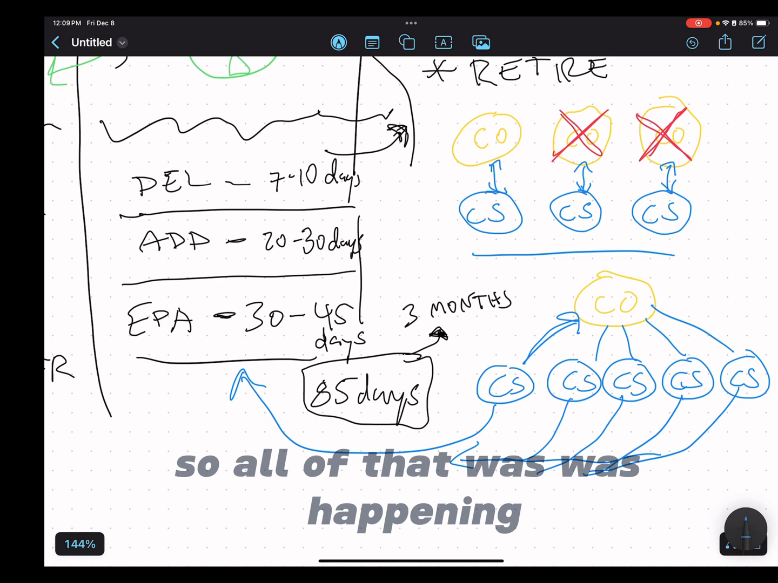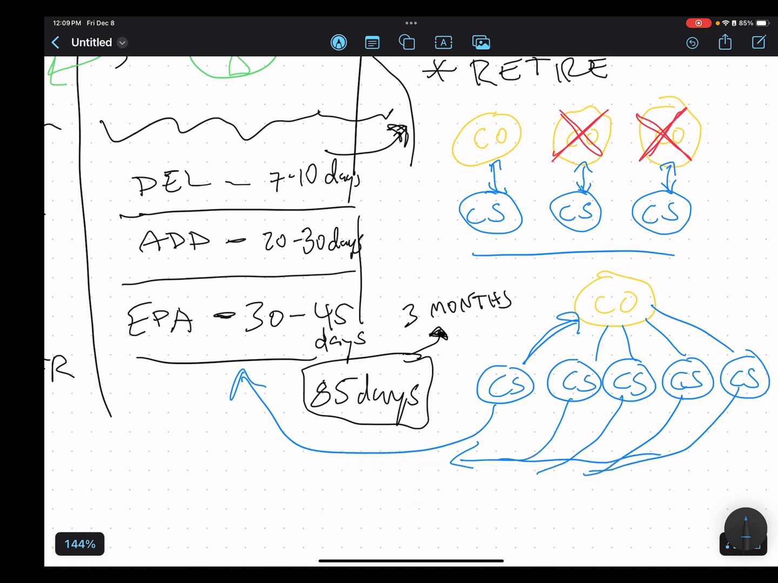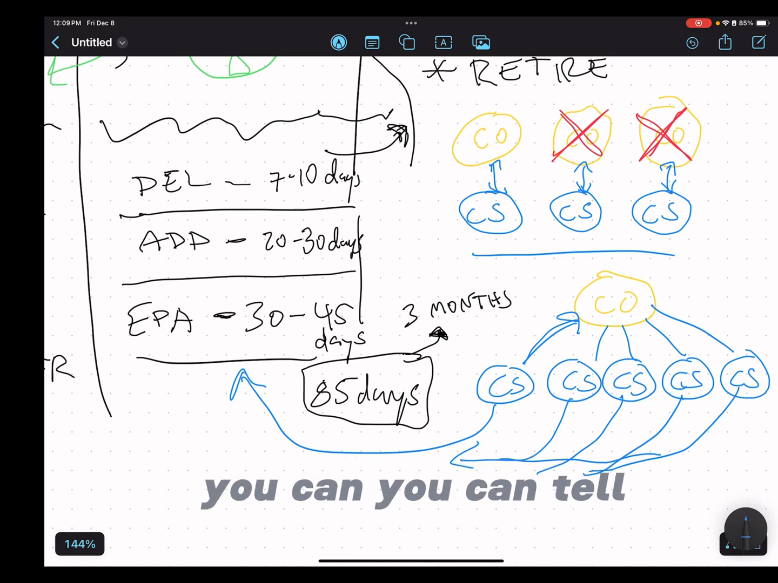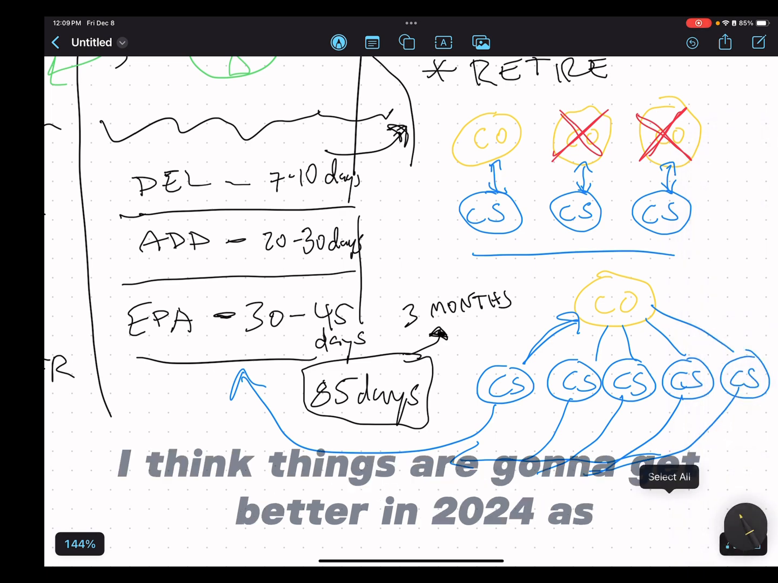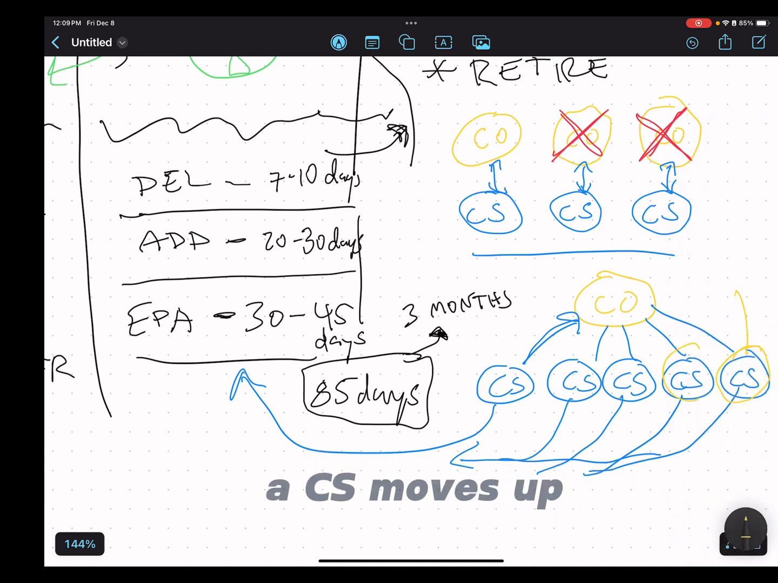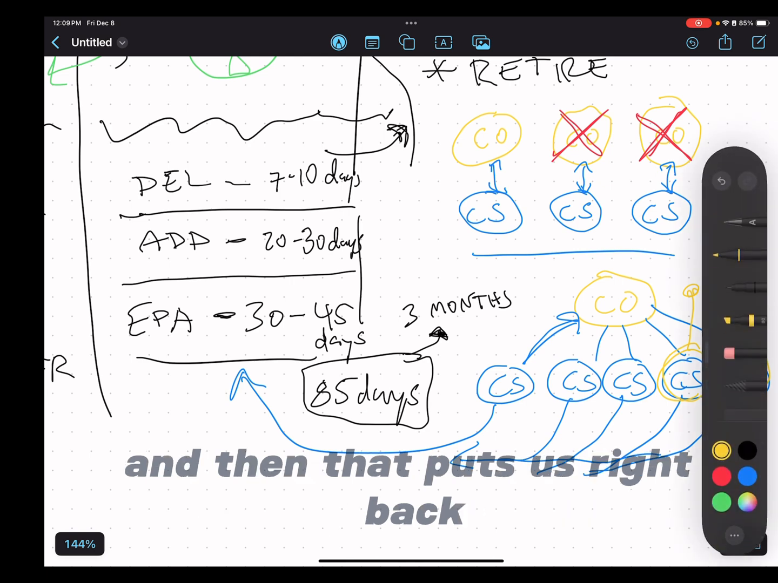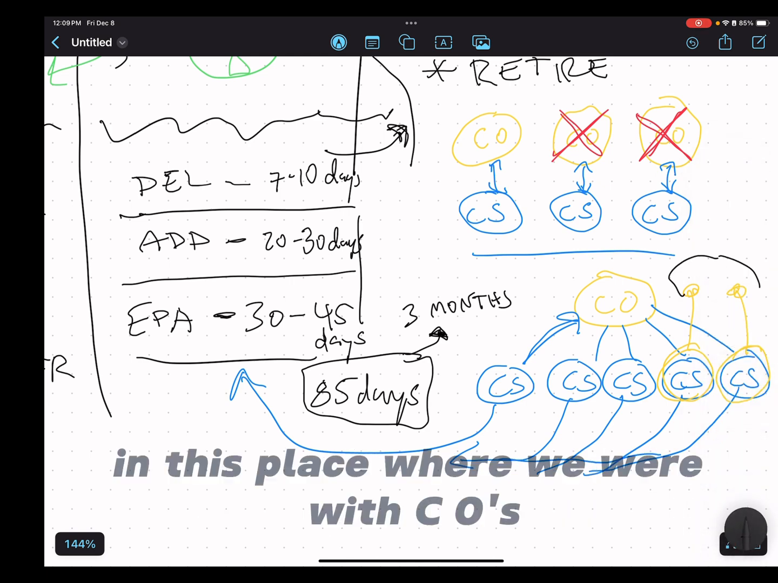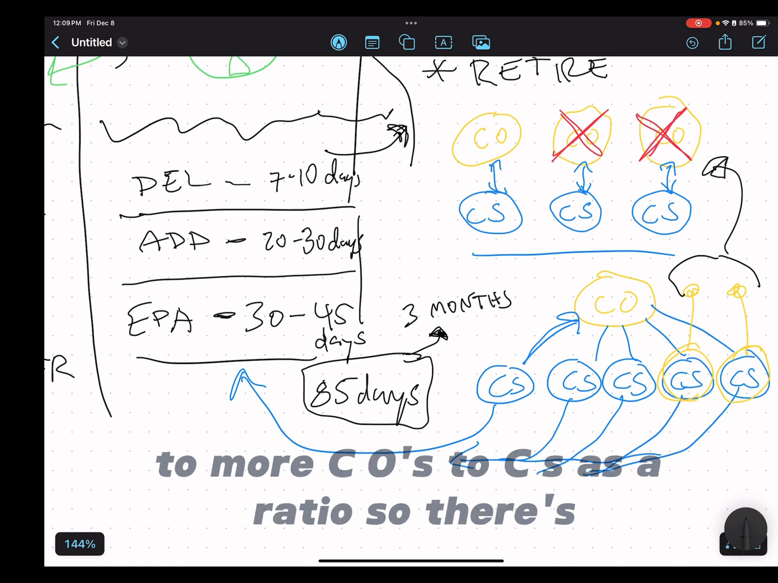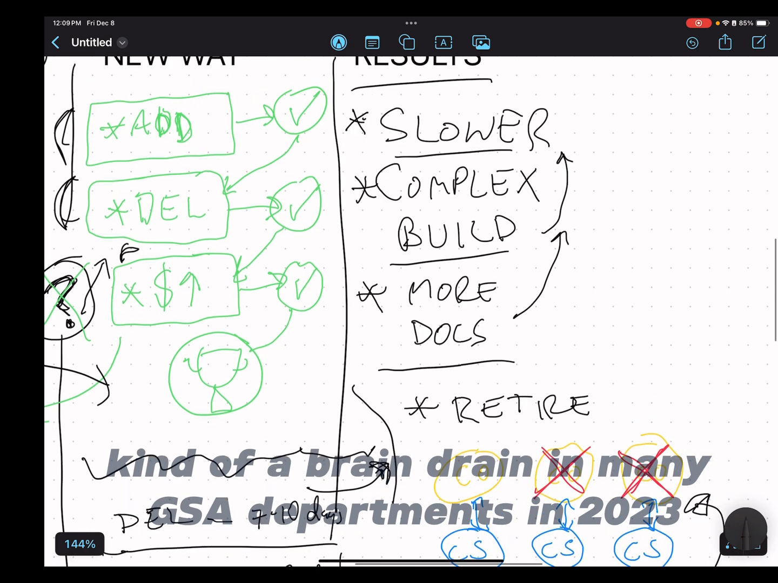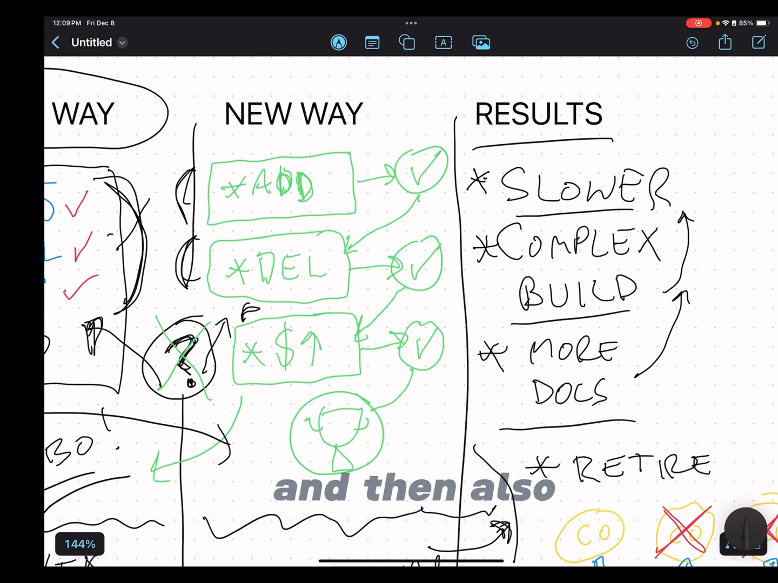So all of that was happening. So a lot of CSs working. COs, as you can imagine, are getting overloaded. The structure is kind of bursting at the seams. You can tell. Now, of course, it's temporary. I think things are going to get better in 2024 as a CS moves up. Let's say these 2 CSs move into the CO role, and then that puts us right back in this place where we were with COs to more COs to CSs as a ratio. So there's 2 things that are happening right there. We had a retirement, kind of a brain drain in many GSA departments in 2023, and then also we had